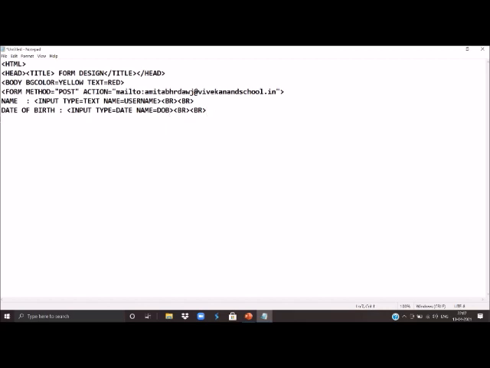Then we can get email from the user. Again we will paste and we will change the type attribute as email and name also we can give it email.